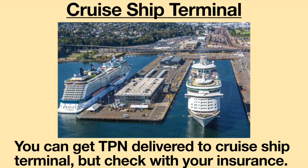So if you are wondering, yes, you can get your TPN and supplies delivered to a cruise ship, but you will need to check with your health insurance to find out if your health insurance policy will provide coverage to your specific needs. Next up, I need to figure out how to get my TPN and supplies to the cruise